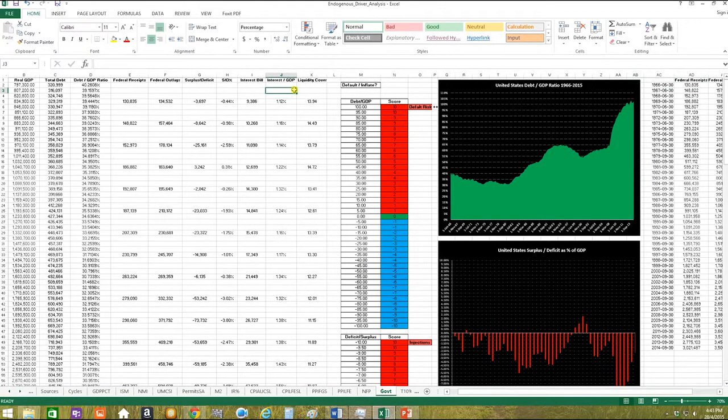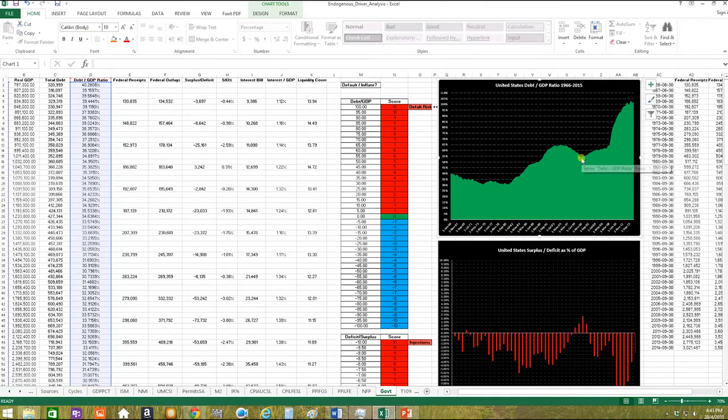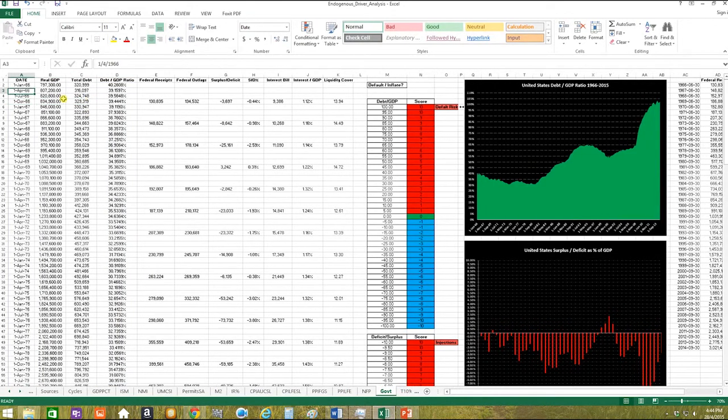So here on the chart, we're looking specifically at the debt to GDP ratio as a percentage. And we can see going back to 1966, it's all on the left-hand side, all on one scale. And you can see that we have pretty steady growth up to the early noughties. And then in the early and mid noughties, it starts to take off. So the government's taking on significantly more debt than in the past.